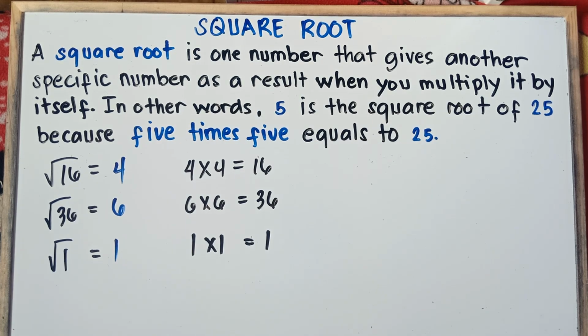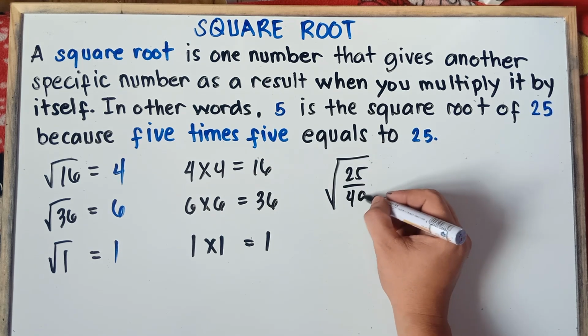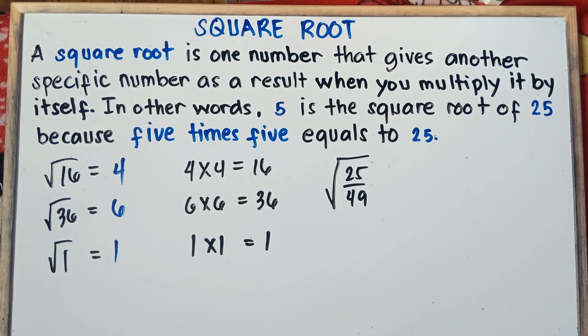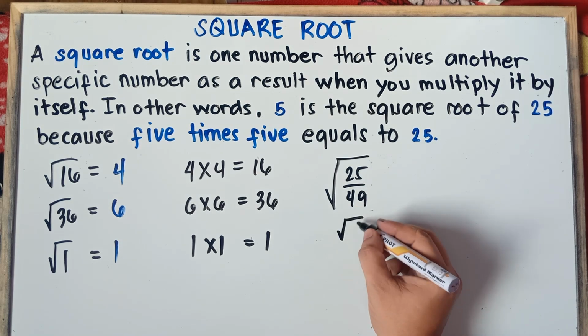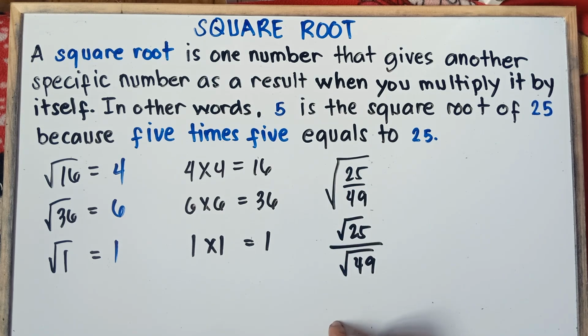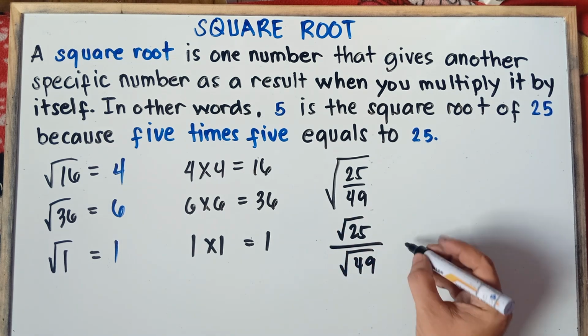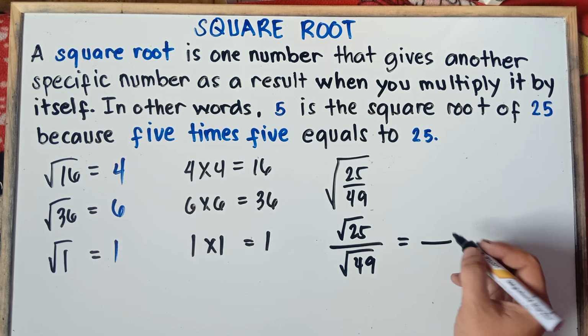Now, what if you are given a fraction, class? What if the teacher asks you, what would be the square root of 25 over 49? What's your answer, class? That's correct. The answer for that would be 5 over 7. But to do that one, class, you can separate this. You can write this as the square root of 25 over the square root of 49. This is just the same, class. The square root of 25 over 49, you can write as the square root of 25, then the square root of 49. And what's the square root of 25, class? That's correct. The square root of 25 is 5.